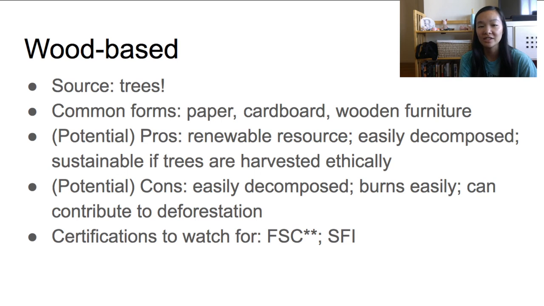Potential cons: it's easily decomposed, as I said, which means it is susceptible to rot if it gets wet or something like that. That's why you shouldn't leave your tables wet. It can warp the wood. So it's not meant to be long-lasting like metal. It burns easily, so if you live in a wooden cabin and that caught on fire, it's susceptible to fire. And depending on how the trees are harvested for these wooden products, it could contribute to deforestation,